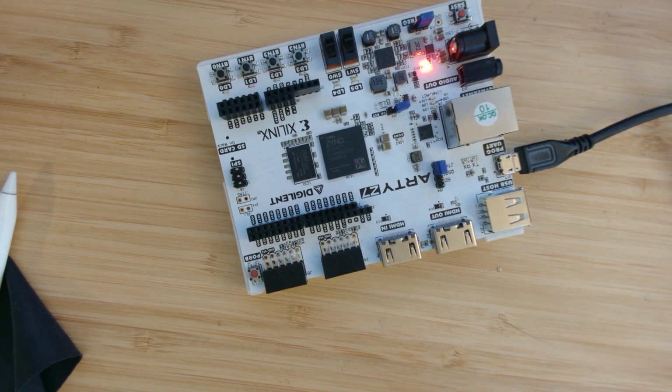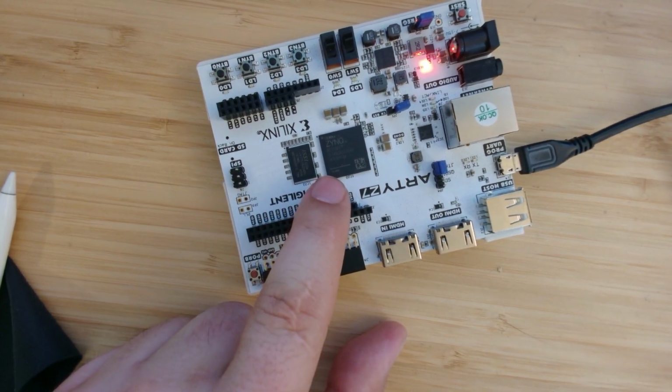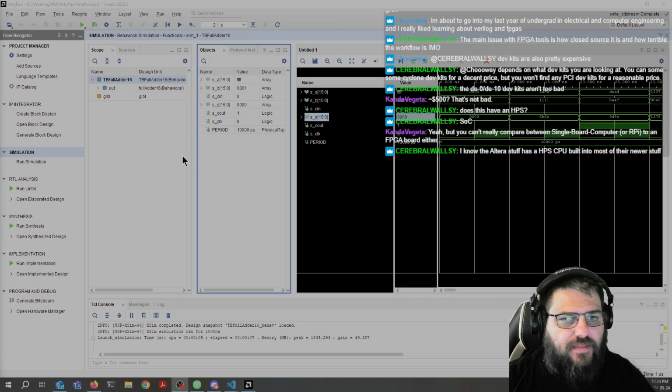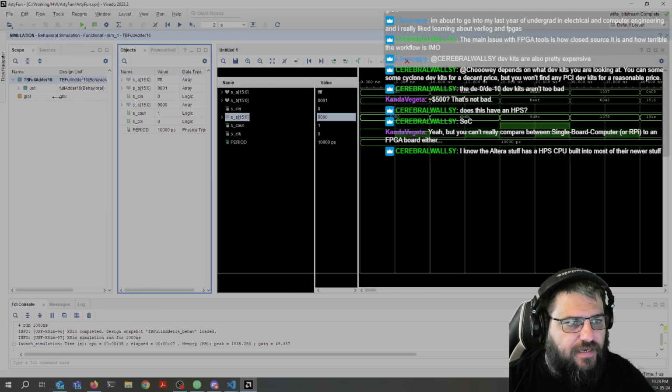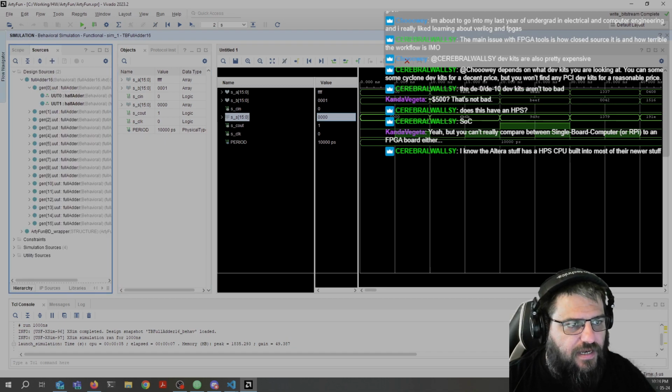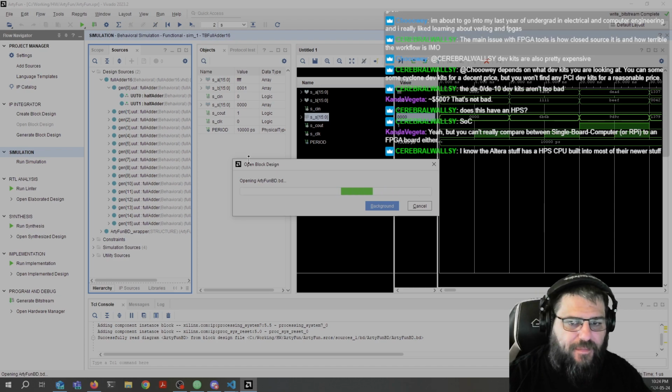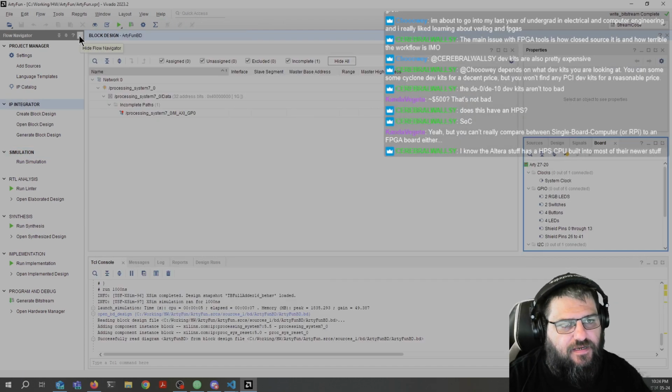Okay, I'm back. I know that Altera has an HPS CPU built into their newer stuff. I'm not sure if that is what you mean, but this FPGA here has 2 ARM cores. So if I go back into the screen here and open the block design,